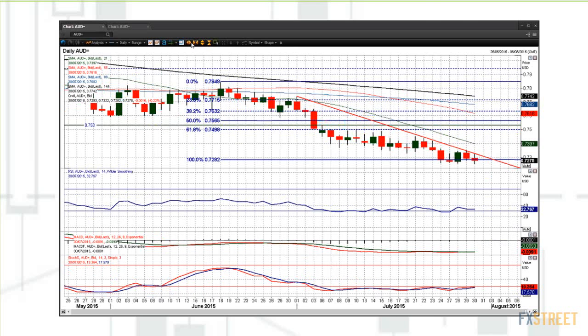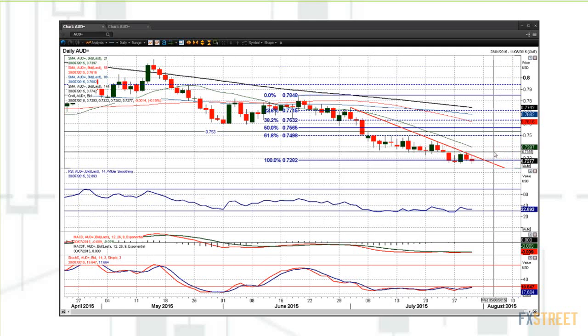Let me just get the crosshair. The old support of this old range here is now becoming the new resistance as well, around that 73.50 mark. And I think that the downside pressure generally on the Aussie is going to be significant. Again, playing the